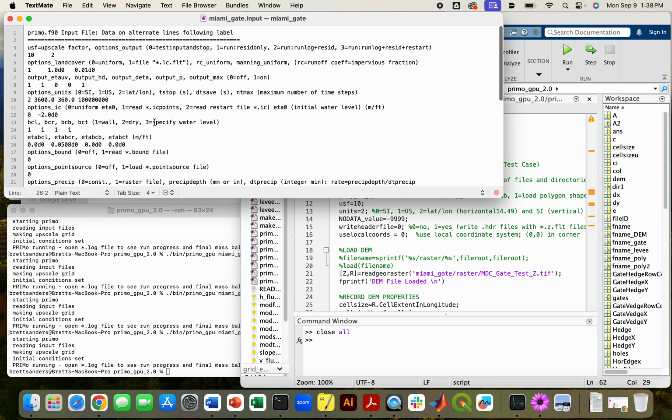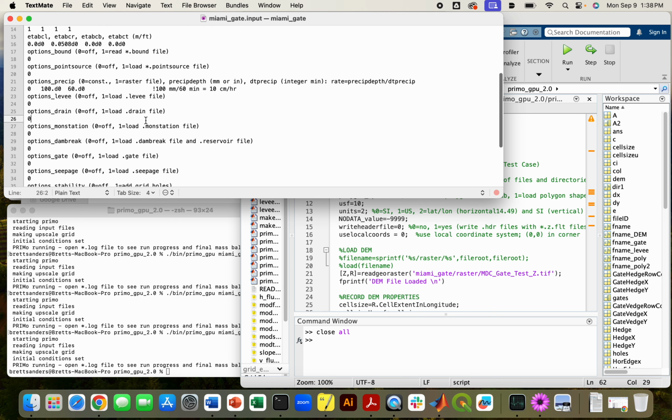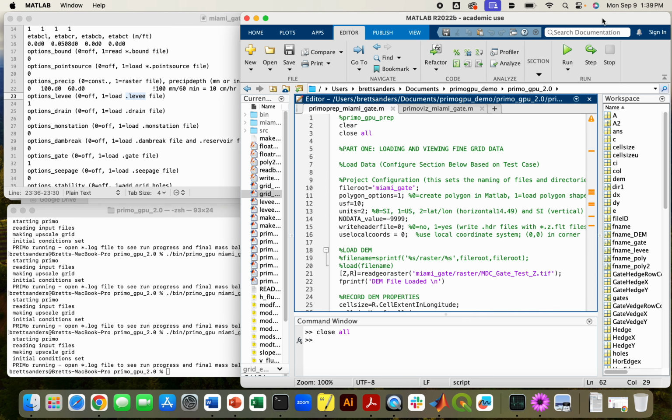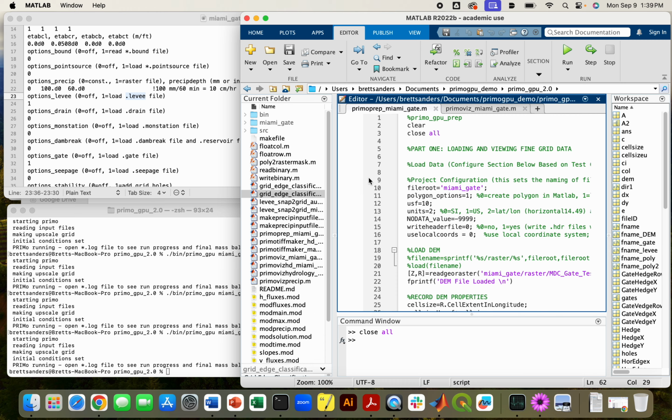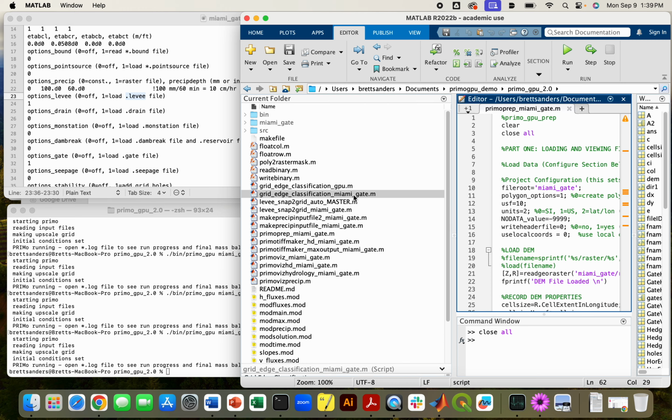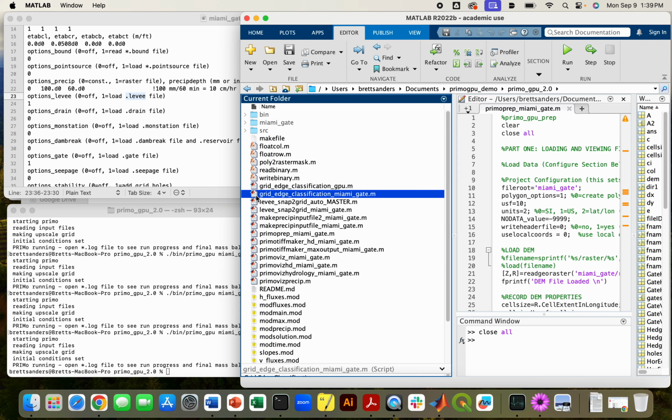To use the levee options and gate options, you can turn those options on here. When you turn those options on, the code's going to be expecting to open a gate file to learn about gate information. And it's also going to be expecting to load a .levee file. Those files will be automatically written by a script that we prepared called Grid Edge Classification Miami Gate. So this can be opened,